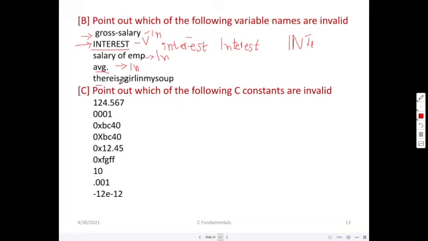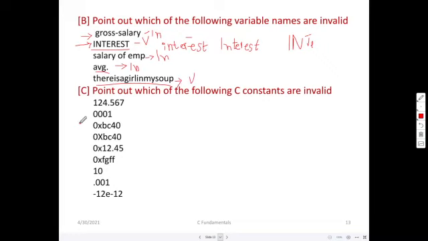How about this one? It is a lengthy one. Whether it is allowed? We have to check whether it is less than 32 characters. 1, 2, 3, up to 20. 20 characters. The maximum allowed characters are 32. So this is valid.